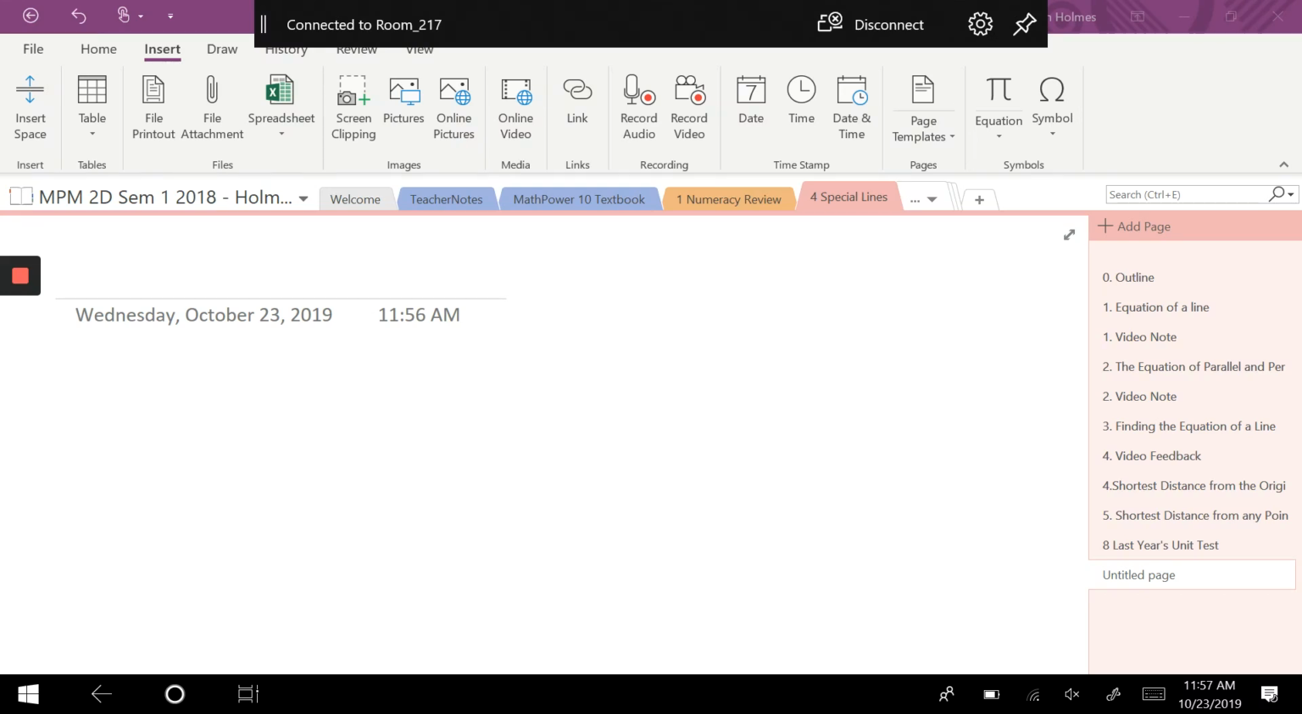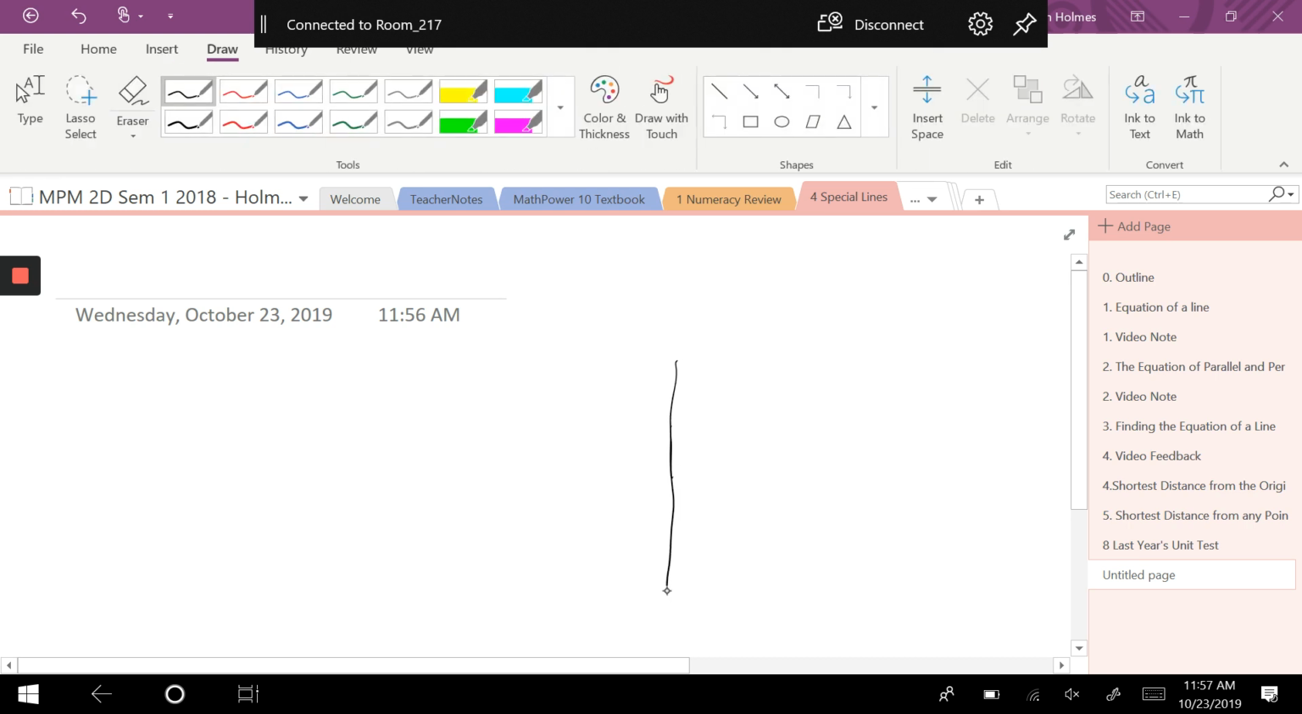But I want to remember this idea of how we calculate the shortest distance from the origin. So if this is our point, the origin, and I've got a line,